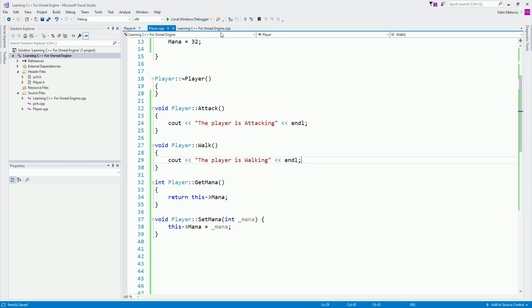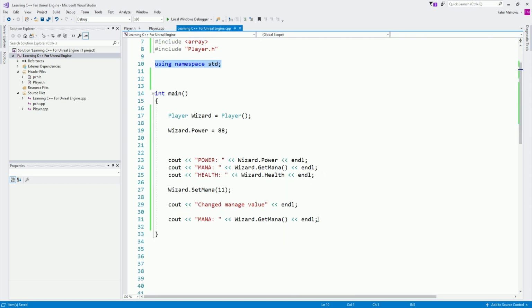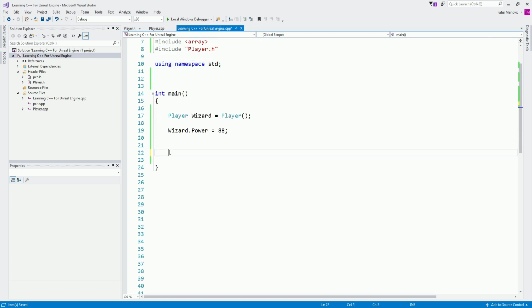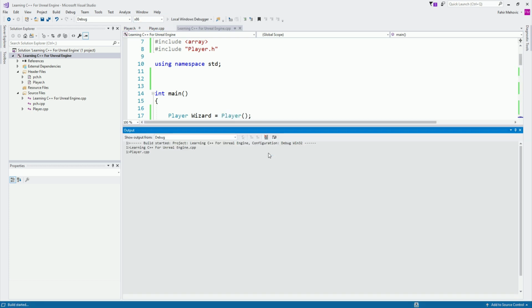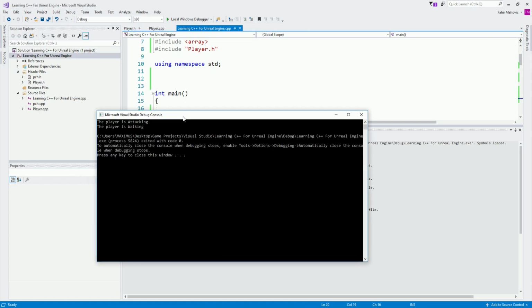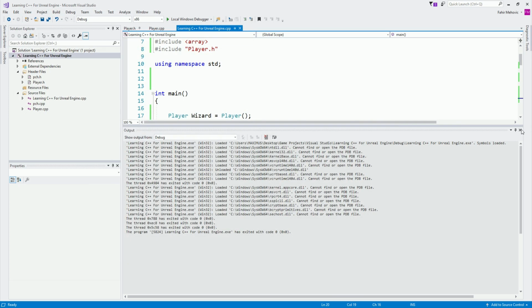Which means that when we go back here, and I remove all of this, and we have our wizard player, we are not going to change anything here. Simply I'm going to say wizard.attack and wizard.walk. What do you think will happen when we run this? If I run this, we will see that it prints: player is attacking, player is walking, as you see right here.